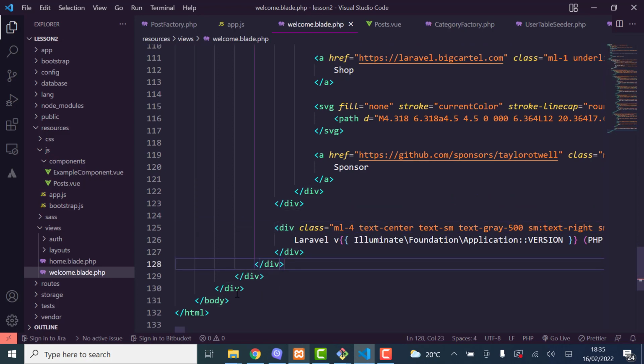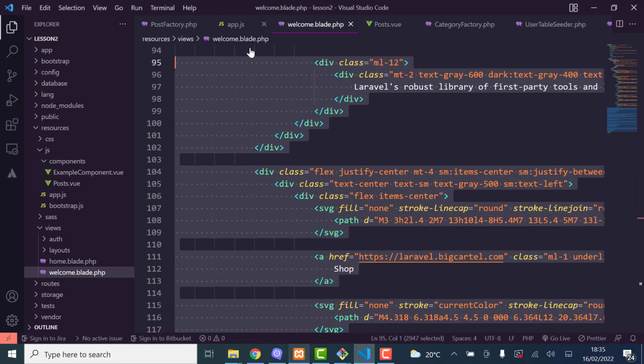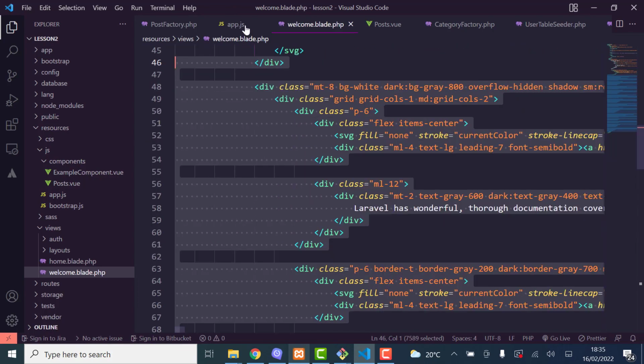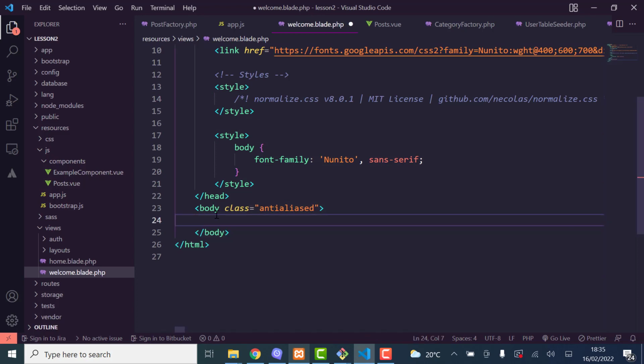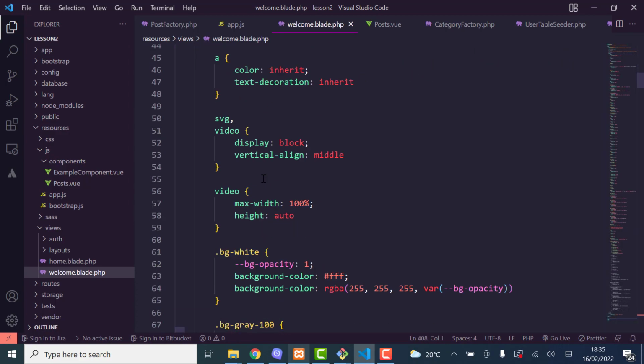I can just remove the entire code from the body. Here, as you can see, I've removed the entire code. And now after saving,